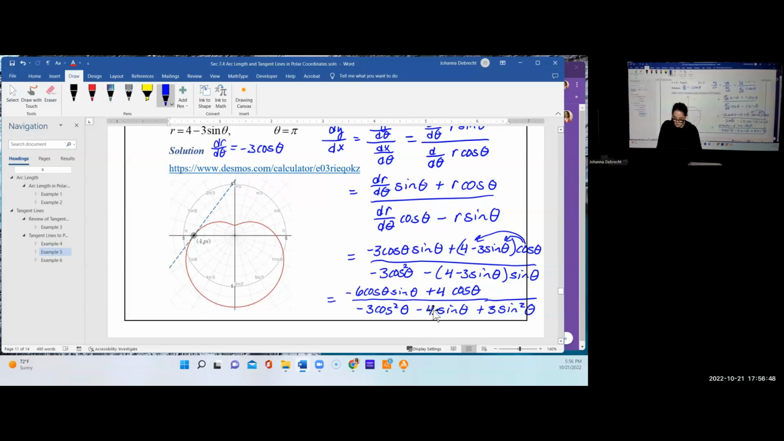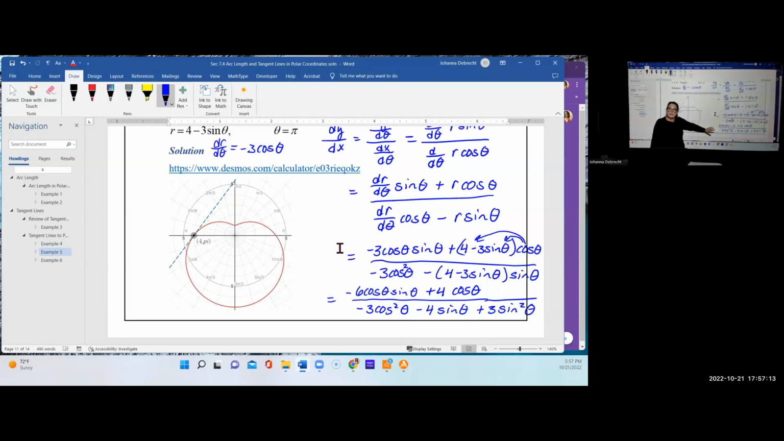So this is a general formula. We do not have a common factor between the numerator and the denominator, so we can't cancel anything. That's it. So now you have a choice. If you want to find the slope of the tangent line at that specific point when theta is pi, you can plug in those values here, where you only